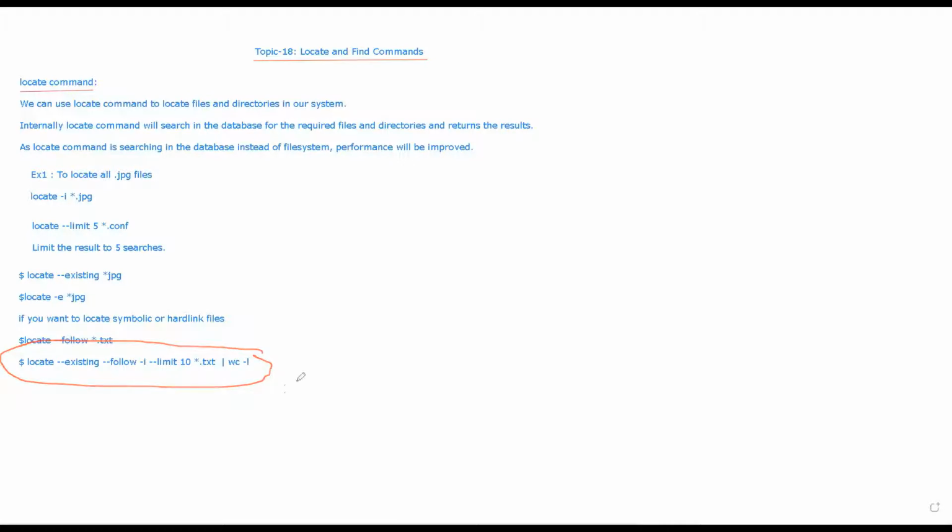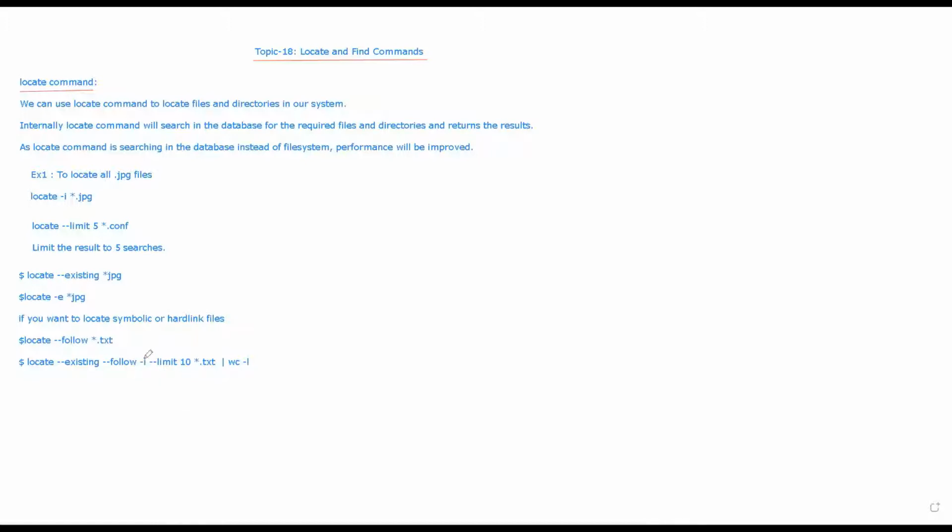So by using this command, you can check whether the file exists or not, and avoid broken links. If there is a broken link and you want to avoid it, or if you are searching the link file as well, you can use the follow option.